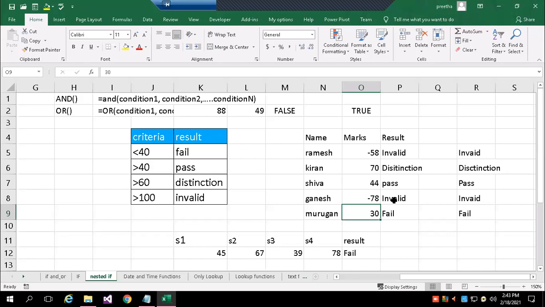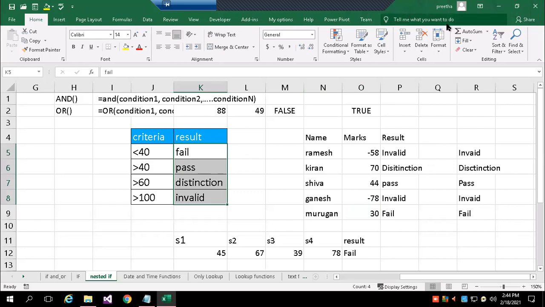Above 40 it is pass, but only if you get above 60 then distinction. So here I mentioned only four cases, and as per that I am doing. In real time, we will get different cases and different criteria.